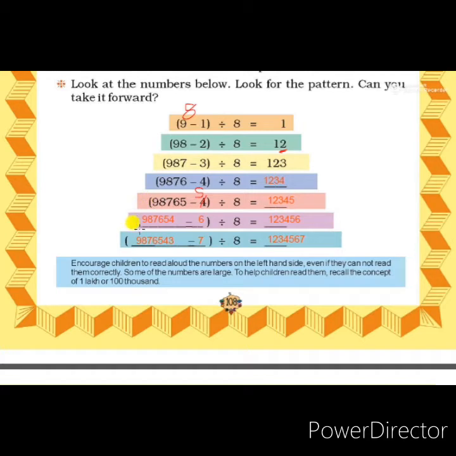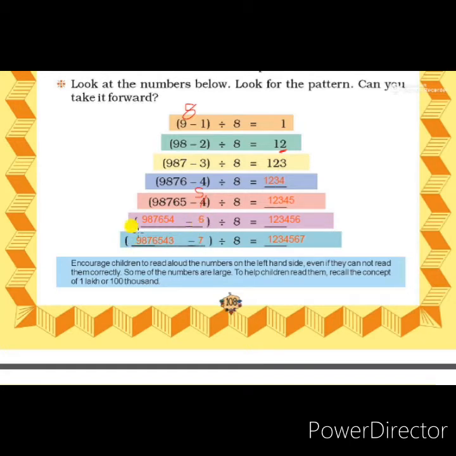Now fifth step also completed. Now we have to move to the sixth step. In the sixth step, they have not given the numbers. We have to include the numbers there. So which numbers can we include? As there are 5 numbers in the previous step, we have to include 6 numbers in the next step. That means 9, 8, 7, 6, 5 and the next number is 4. So what is the number we have to write there? 9,87,654 minus the next subtracting number, which will be the next number greater than 5, that is 6.